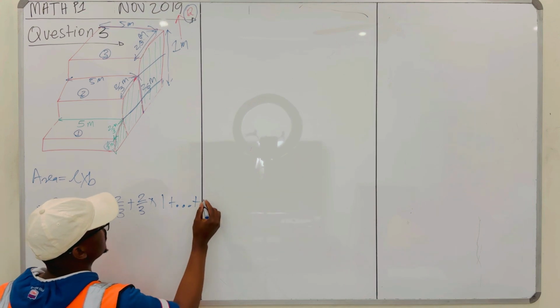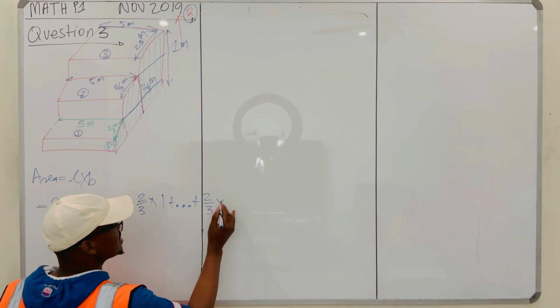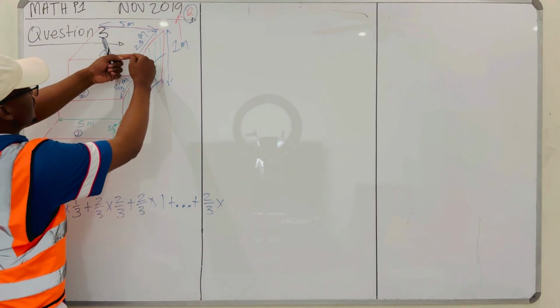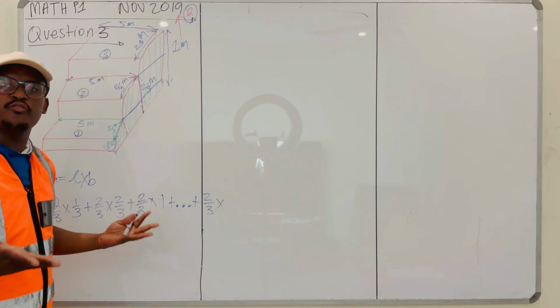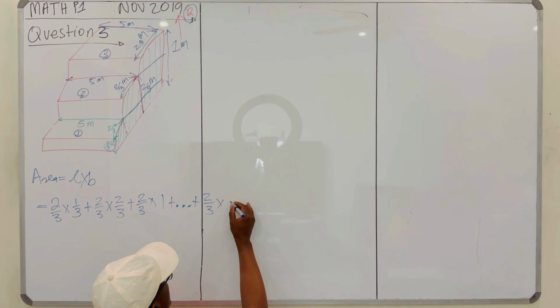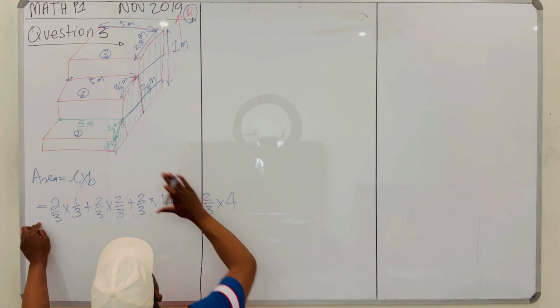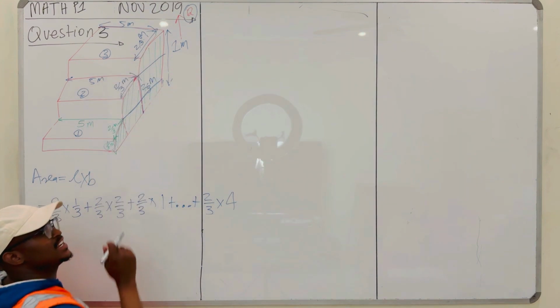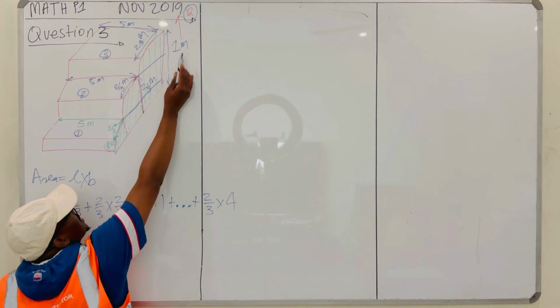The last one is the 12th one, which will also be 2 over 3 times the depth, because the 2 over 3 is for this, and the depth will be its height over there. So it will be 12 1 over 3s, right? Which means 12 times 1 over 3, it is 4. This is the area of the side here. It is all of this. Right? Not a problem. But it's the area just of the green part up to the 12th step,